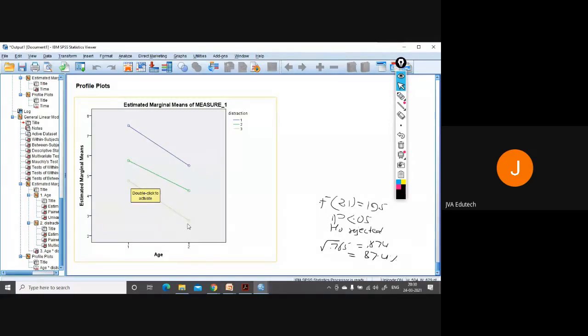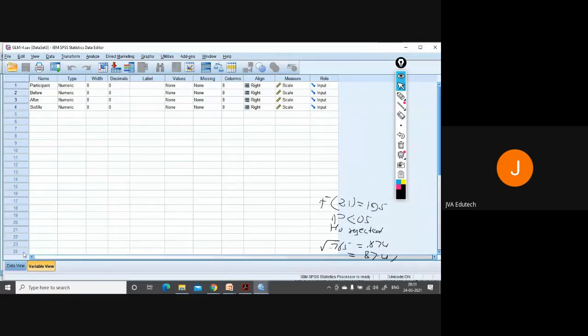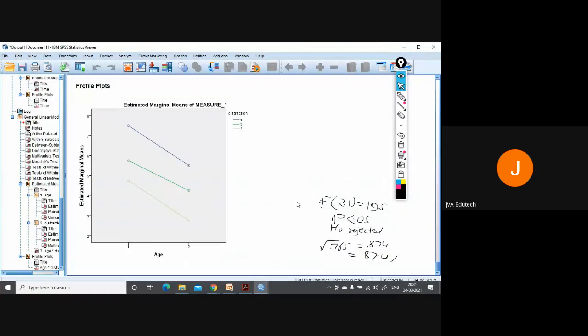So as the generation is younger and the distraction level is different, you can see with open eyes, that is level 1 or category 1, distraction level decreases with age. We can code it as 1 for older people and 2 for younger people.